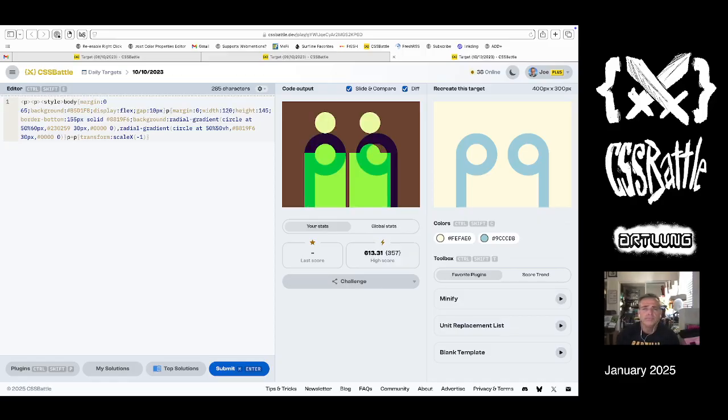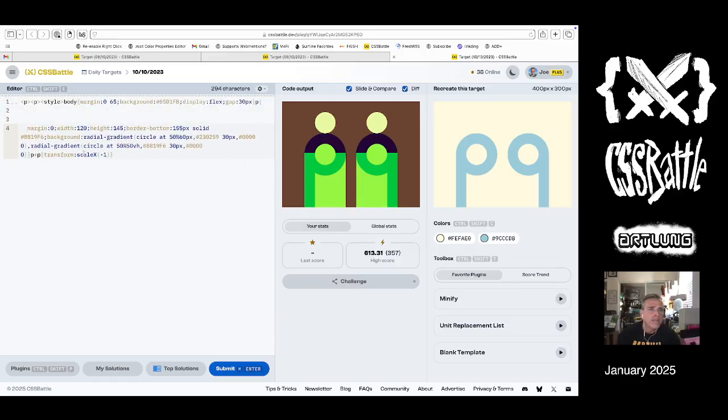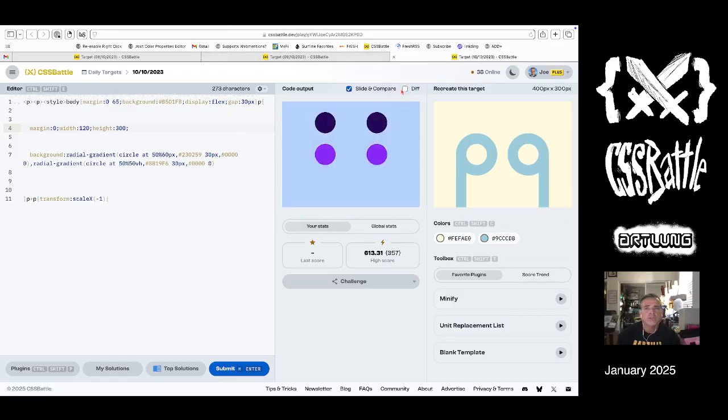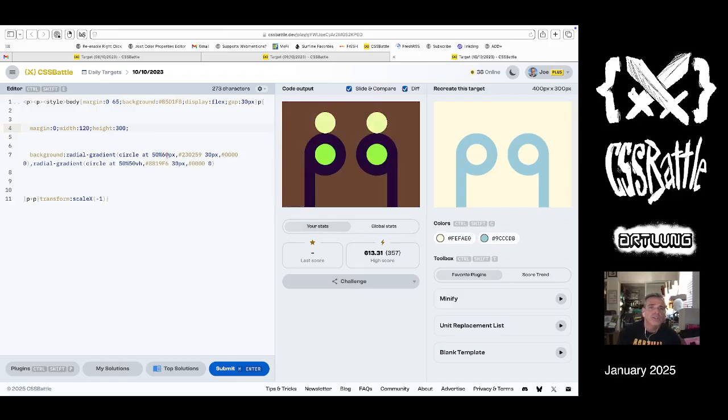And then we need to increase this gap so that they match better. 130. Now it's all about what's the background of this paragraph element, because that's all that's really left. So I don't need the border bottom, and I'm not going to do the border bottom. So that means we're going to use our height of 300. And now we're going to replace these gradients. So we can almost reuse this guy right here. In fact, if we swap out this color to be transparent,